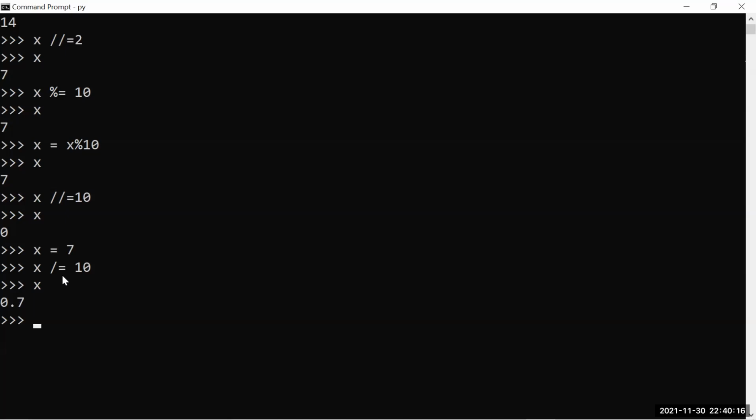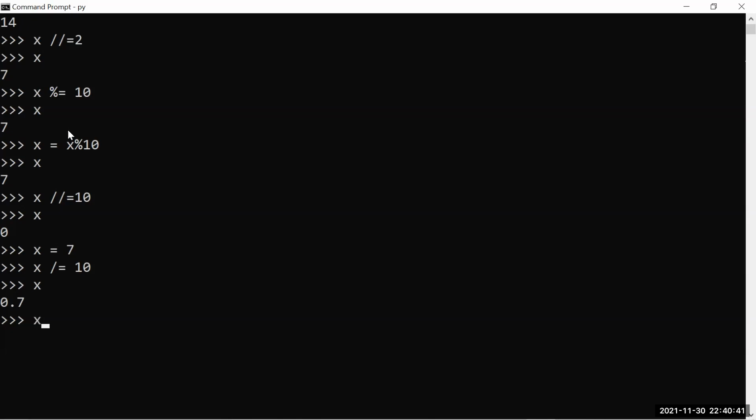But X modulus, we can't calculate mentally, right? It's a little difficult, like we do for the other ones. I don't get you actually. What are you trying to ask? The arithmetic operation, X modulus equal to 10. Why can't you calculate?